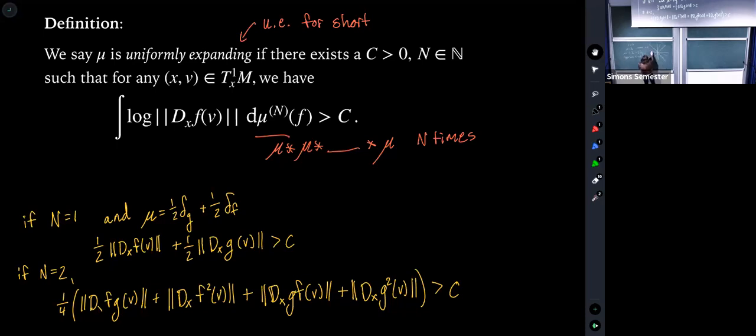And let's say this has this stable. And this has this unstable. So this will be uniformly expanding at this point, assuming the stables don't line up exactly. So the only way, well, there are actually two ways that this can be not uniformly expanding, that it won't meet this criteria at the point X for all vectors. The first one is if the stables line up exactly. And the second one is if the stables and unstables line up exactly and they happen to cancel each other out, right?